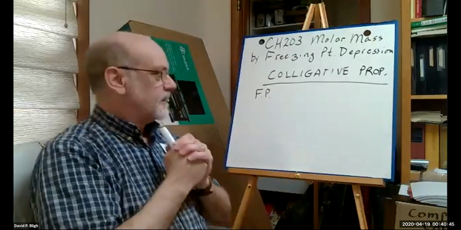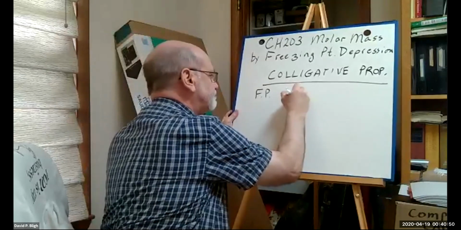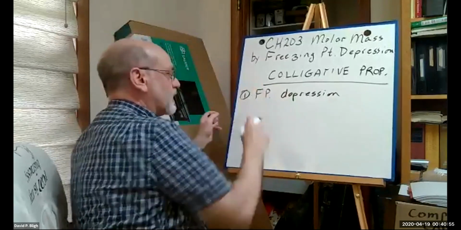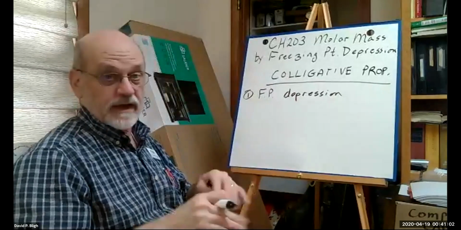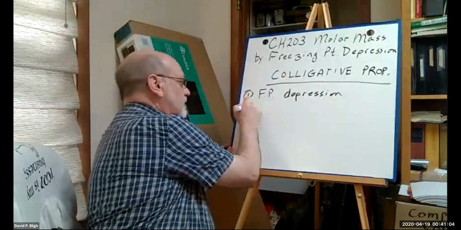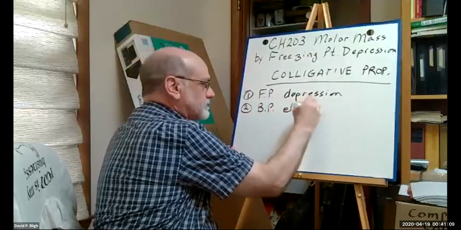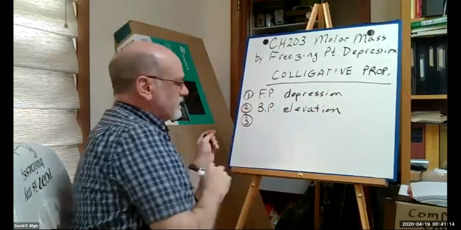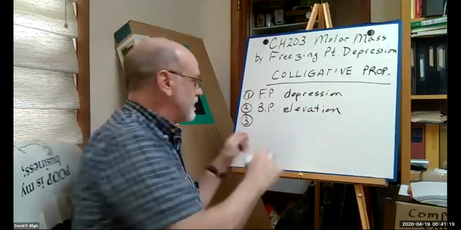Right. So freezing point depression is one colligative property, and I'll just give you the other three common colligative properties so that if you ever run across them, you'll recognize them as such. There's also boiling point elevation. Then there's, let's see, vapor pressure